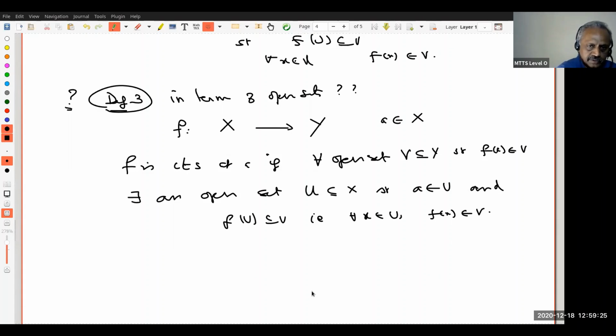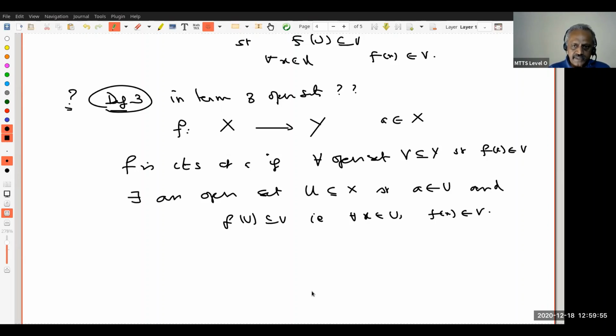See, now there is nothing like, suppose you forget about the metric. We got a metric, and using the metric, we got the collection of open sets. Now you can see this definition. Suppose you have the collection of open sets in X and the collection of open sets in Y, then I don't need epsilon delta, I don't need metric. Assuming this is a correct definition, that we still do not know. So what does it say?